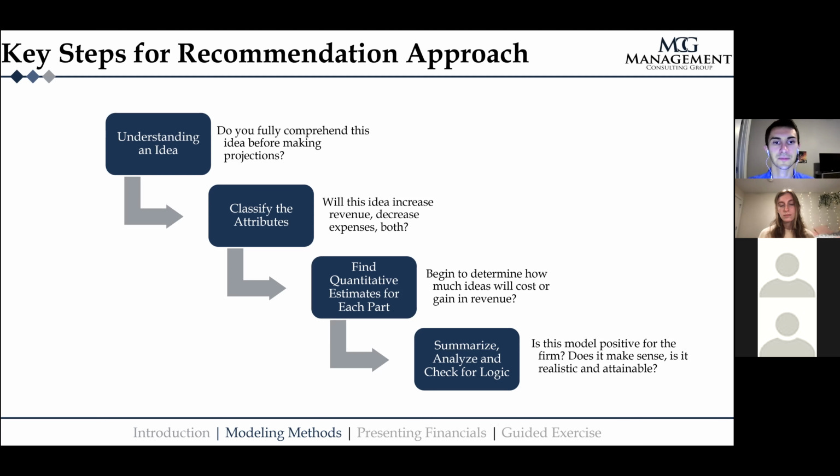So the next step is to classify the attributes. So what was the idea? Increase revenue, decrease expenses, both. Don't feel like your recommendation has to be focused around financials. Obviously, the best recommendation would be helping bring in more people while also,